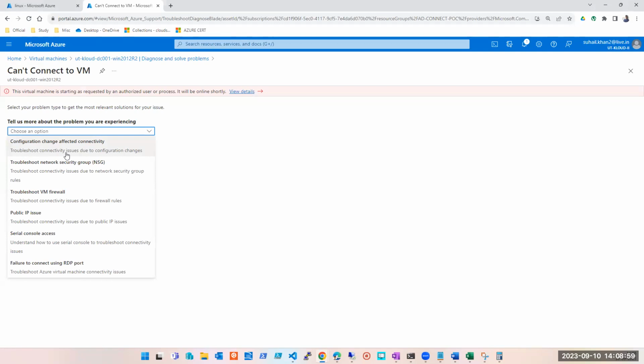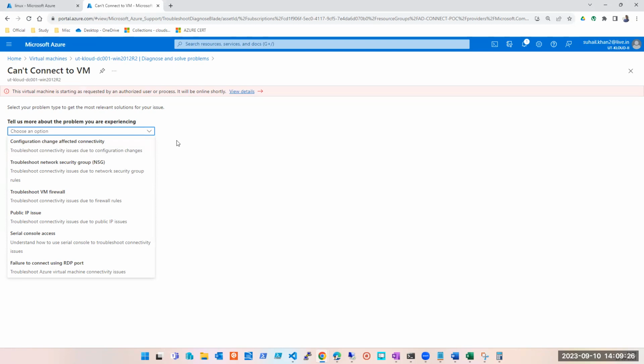An article will not have everything. An article will not be able to check or judge your current machine status. So an article will have 10 or 15 steps. This will give you a resolution in 2 steps because it knows what your machine's issue is. If your machine doesn't have a public IP, for example your machine doesn't have any IP, and you're trying to take RDP, you're not